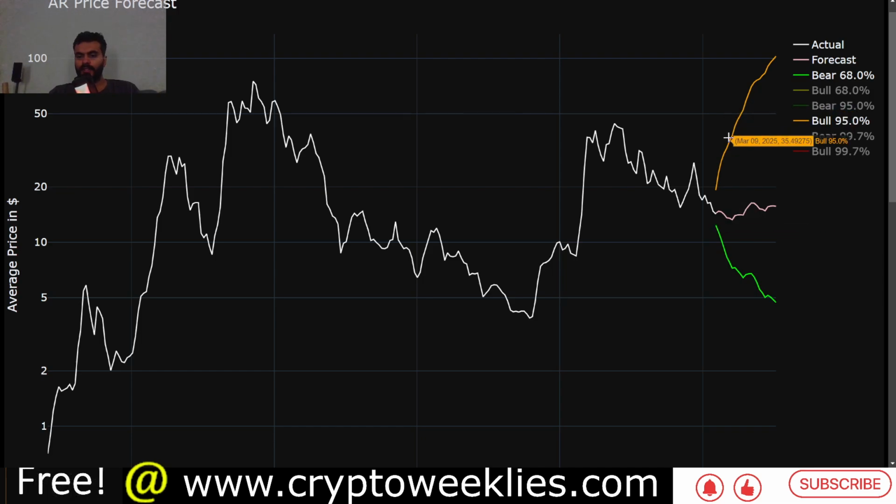And again, you can see that these values shift week by week. So for example, on March 2nd of 2025, close to 1 month away from today, price could be between $8.32 to the downside, and about $32.50 to the upside. So that is the ceiling for that particular week.